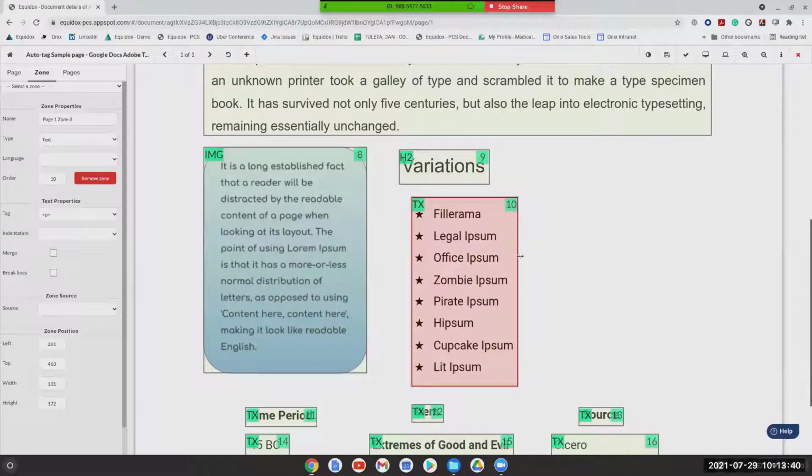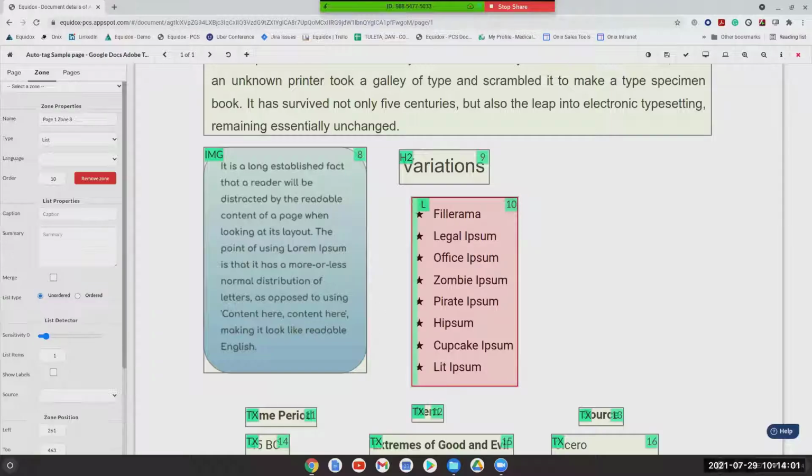So if you can tell, this is all just being clumped together as a single text zone. So all of these list items, if left alone, will be read as a strange run-on paragraph. But we want to establish this as a list that has about 8 different items in it and make sure that the end user is aware of the relationship between these 8 separate items. So to fix this, I can simply press L on my keyboard to change the zone to a list. It now says L in the upper left-hand corner.